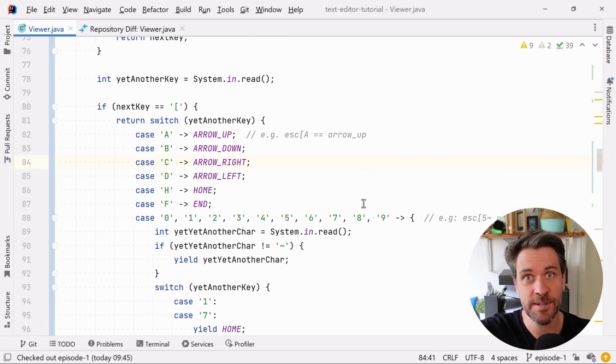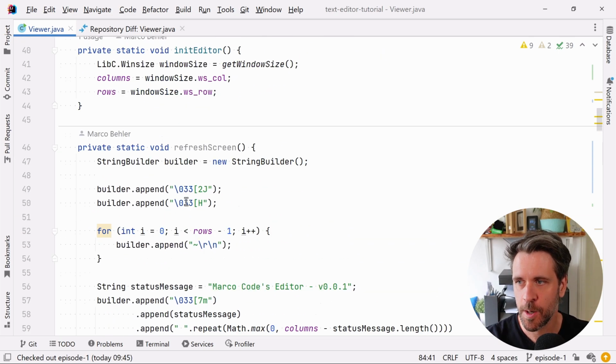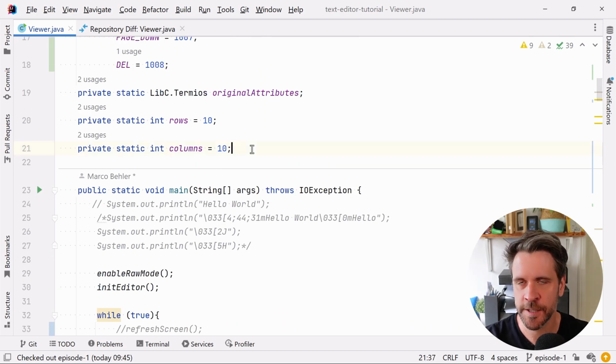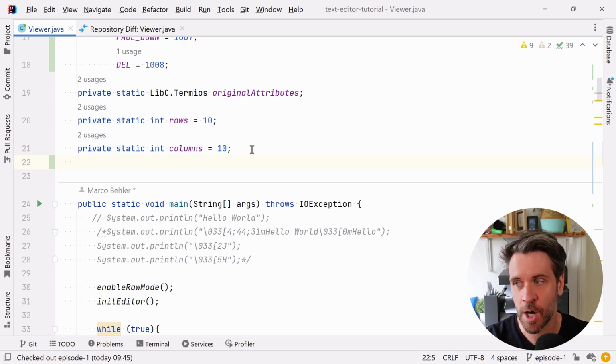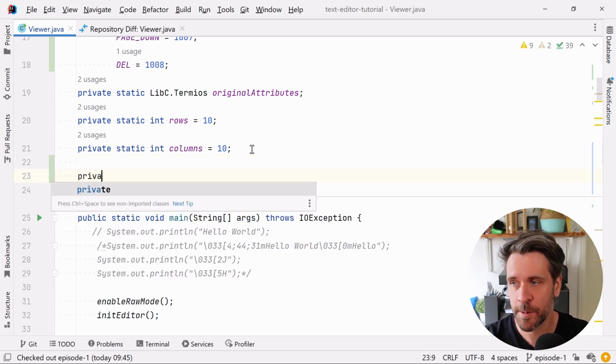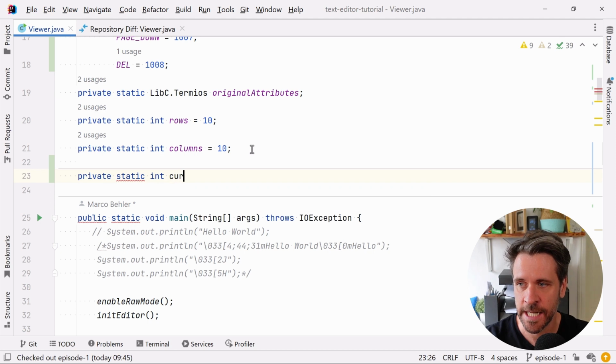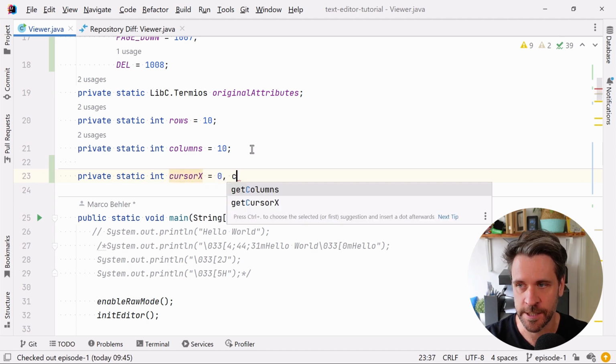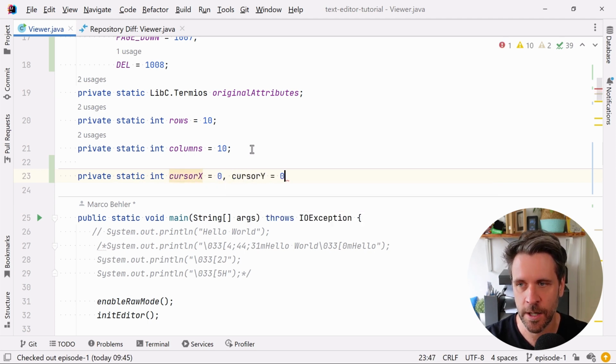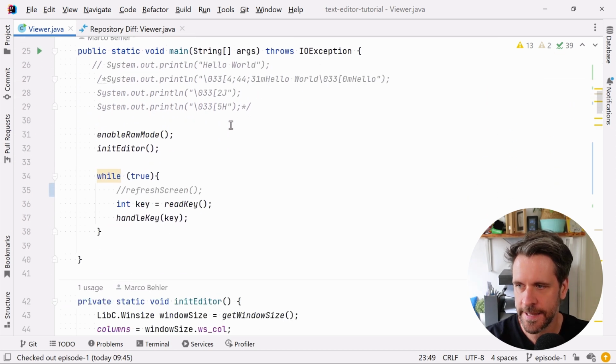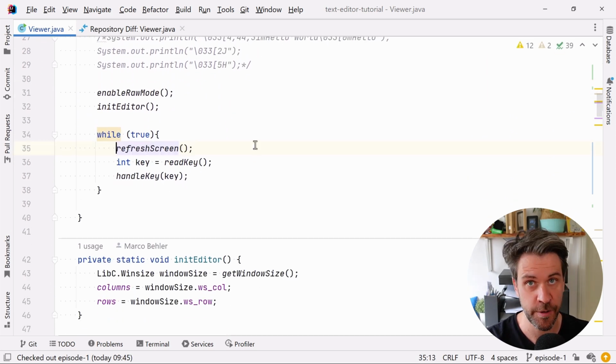Well, phew, as we say in German, that was a long section on detecting key presses. Let's do something useful with that and finally move our cursor around. For that, what we need to do is first of all remember the coordinates of our cursor. So we're going to write private static int cursorX equals 0 for now and cursorY also equals 0. Then I want to uncomment my refresh screen method again so that we can actually see our editor